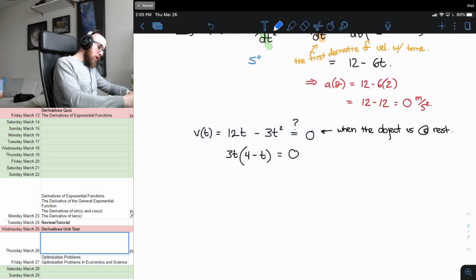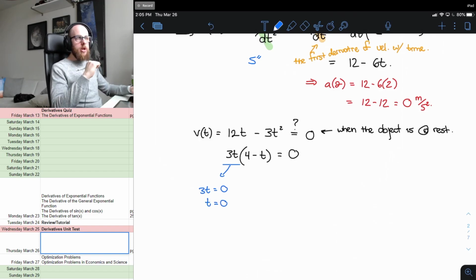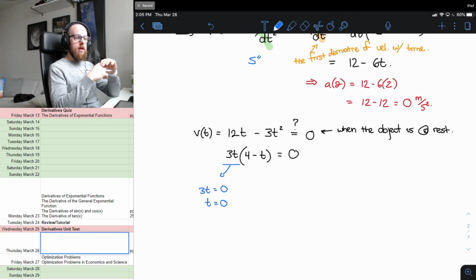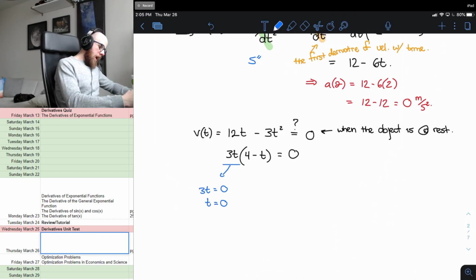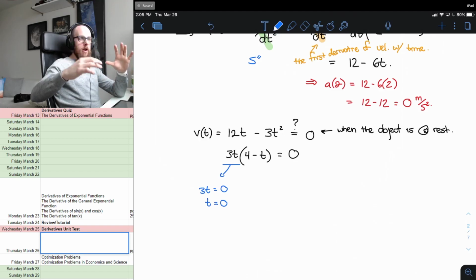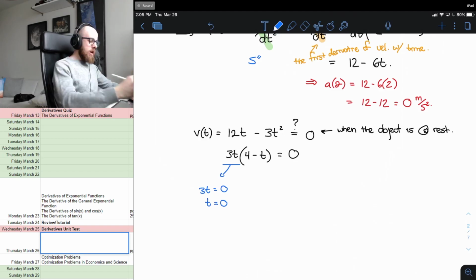The first solution comes from 3t equals 0, which just tells me that t is equal to 0. Okay, so when I start my stopwatch, this particle is just at rest, right? It's not moving when we start the experiment. And then the particle will do something, right? It'll start moving, it'll start accelerating, and